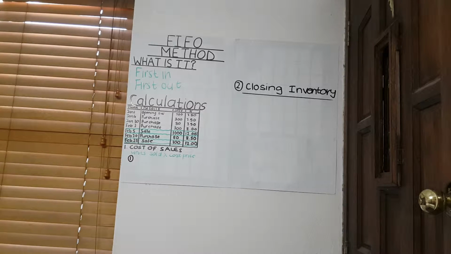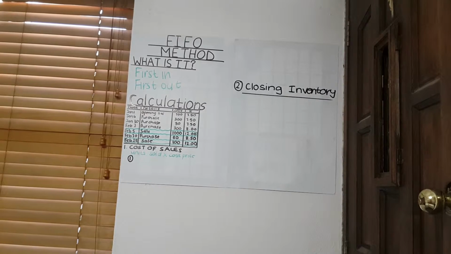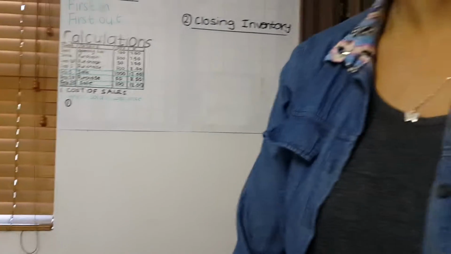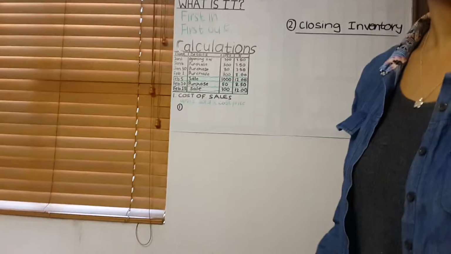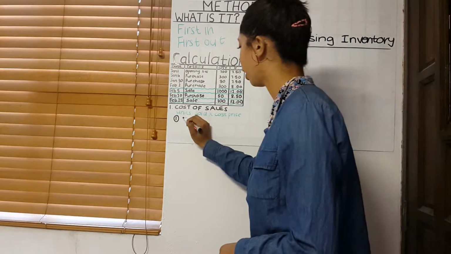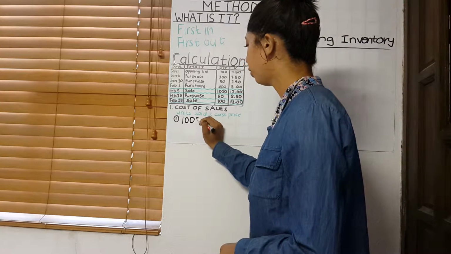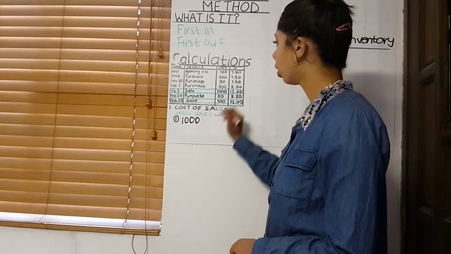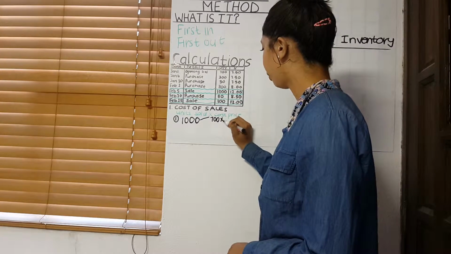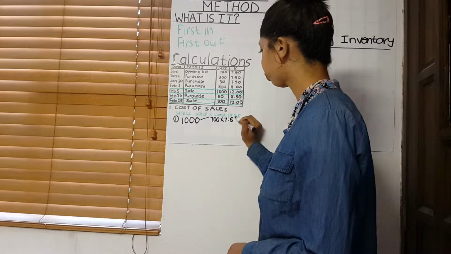When calculating FIFO, there are two steps, which is the cost of sales and the closing inventory. I will now be explaining to you in a simple way how we can get the totals of calculating FIFO. So we have sales over there, which is 1,000. So we need to find out how did we get that 1,000. We use the opening balance, which gave us 700, and we multiply it by the price, which is 750, and